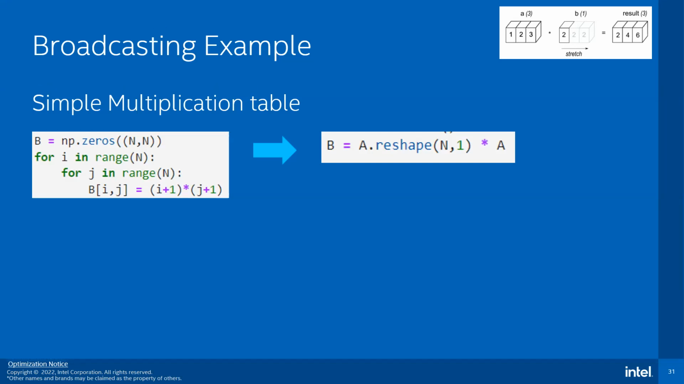And if I were to do a simple multiplication table, the way I would do it on the left is through Python code. If I do this on the right, I can just take a matrix A that has shape 1 by n, and I can reshape the A right here to be,